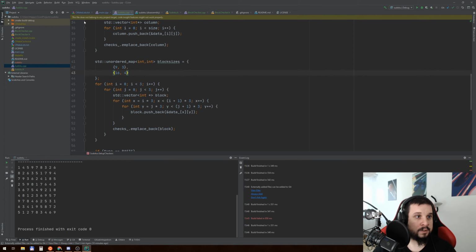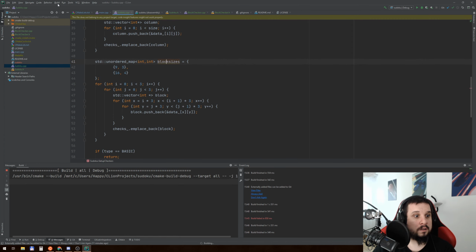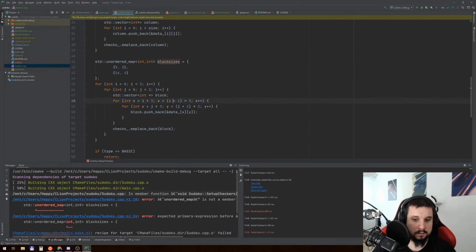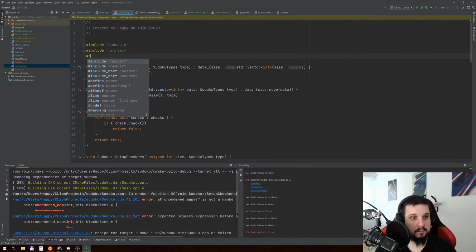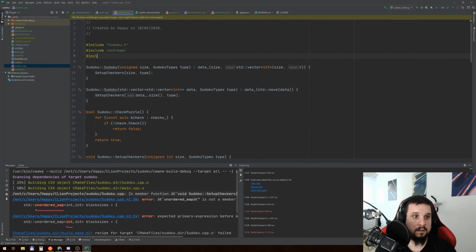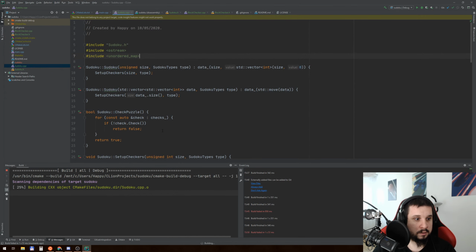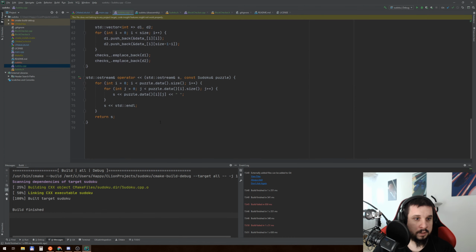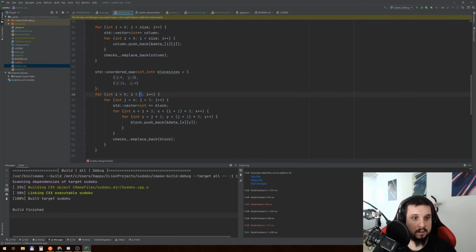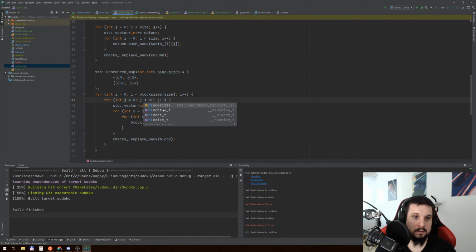Okay, will this actually work? I've never tried initializing a map like this. Well, maybe it might, but we need the includes. Okay, build it. Okay, looks like this will actually work. Okay. So what we want is block sizes, size, yes. Sizes, size, and then actually,